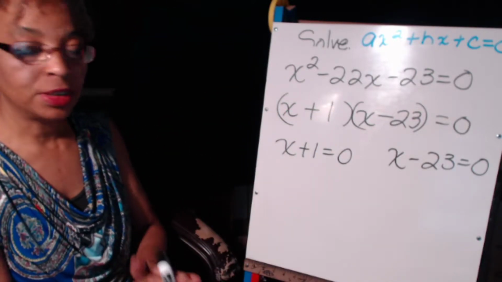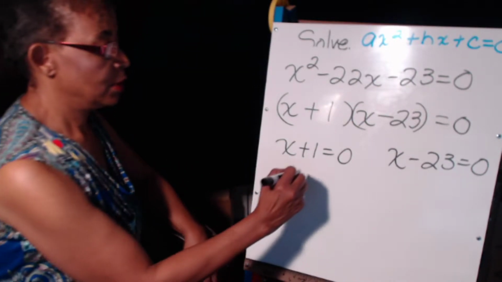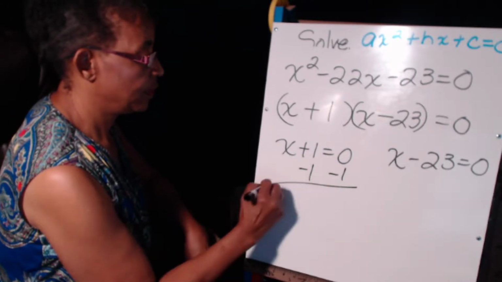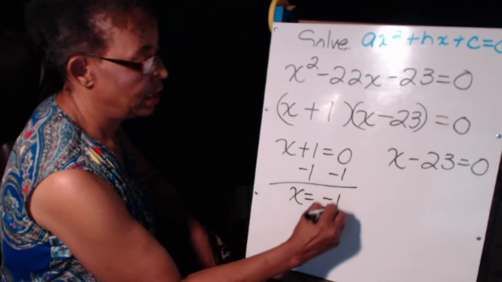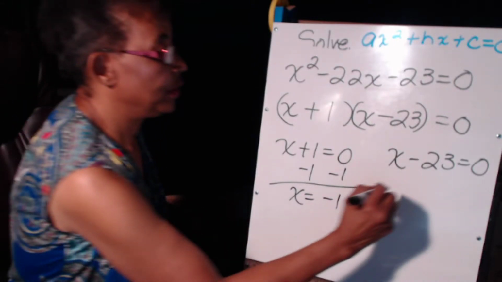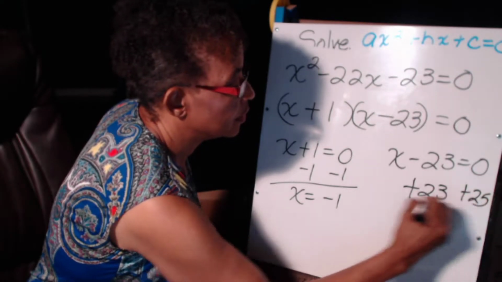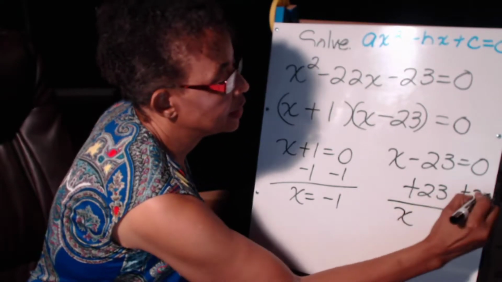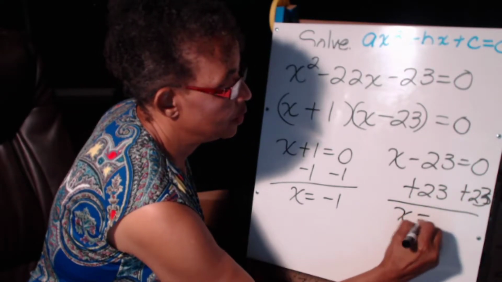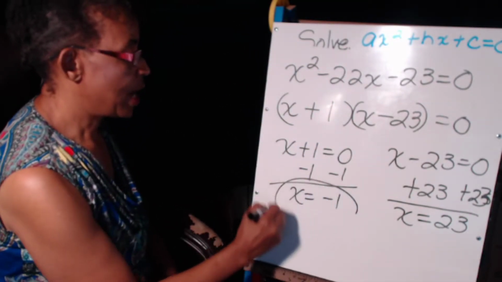So now I'm going to solve. Here we just have to change our signs. Subtract 1, x equals negative 1, and then we're going to add 23. So x equals 23. These are our two